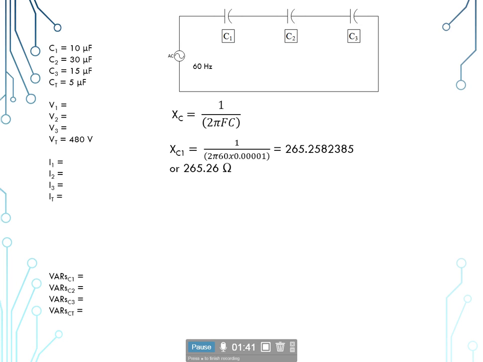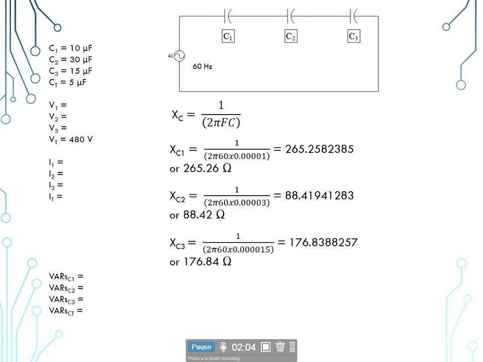And so to plug this in, it'll be 1 divided by, open parenthesis, 2 pi 60 times our 10 microfarads, giving us 265.26 ohms. For our X sub C2, we'd do the same process, but we'd use the 30 microfarads, giving us 88.42 ohms. And remember, our reactance is measured in ohms. It's the opposition. And then for C sub 3, we would use the same formula, but plug it in with 15 microfarads, giving us